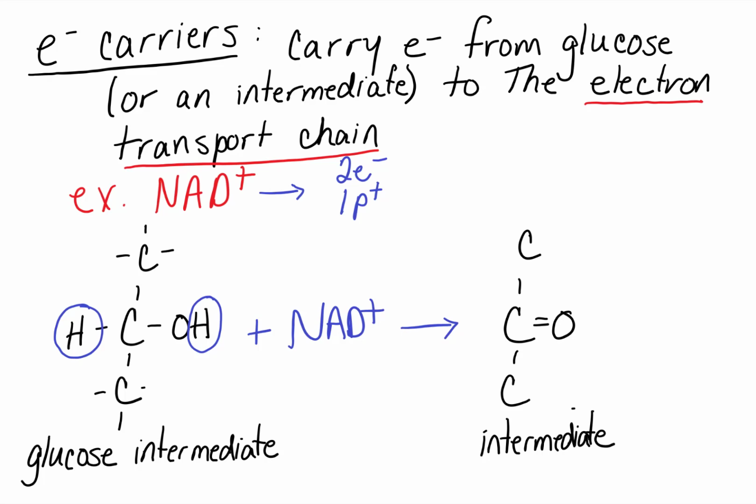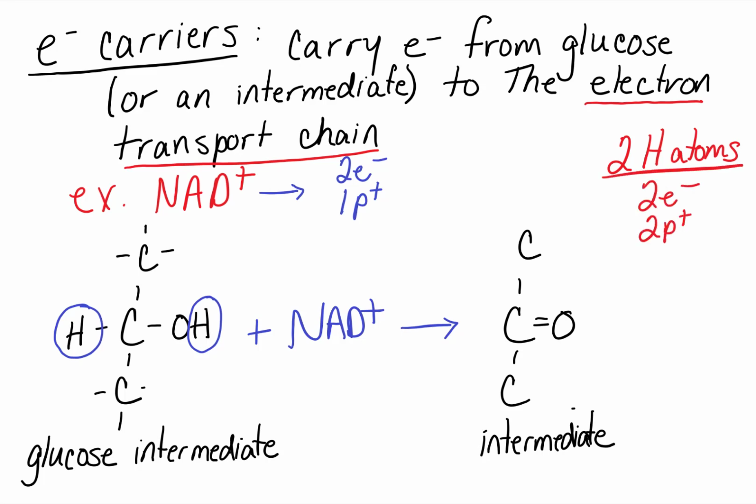Because we know in a chemical reaction, matter cannot be created or destroyed, so we have to have the same atoms on the reactant side of the chemical reaction as we do on the product side. And we know that these 2 hydrogen atoms consist of 2 electrons